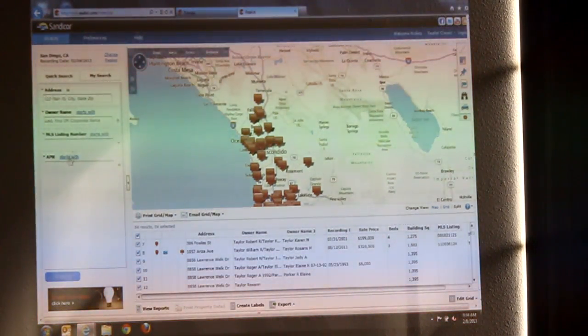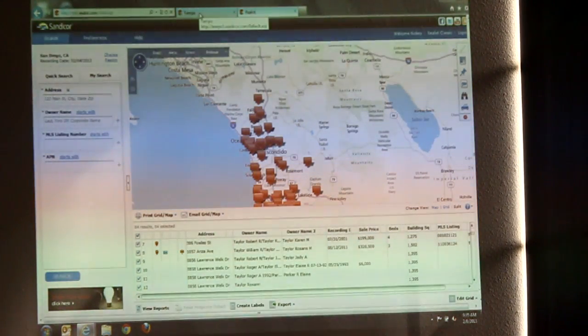But with APN, you guys know how the APN breaks down? The first 3 would be the book number, sorry. Next 3 would be the page number. Then the next 2 would be the lot. Last 2 would be the unit. So if you know the first 3, you can just put in the first 3. It'll show every single property in that book, which will be a lot. But if you want to break it down even further, you can put in the first 6, and it will show everything. So really quickly, unless someone has an APN, I can jump into Tempo,